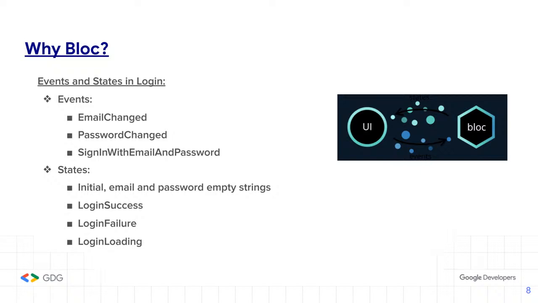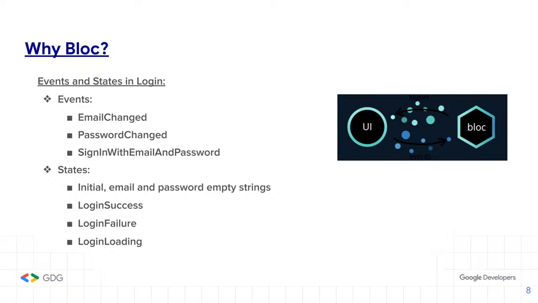And the states: when I say email changed event, the state that's going to be emitted is the updated email value. And for password, when the event is called, the state is just going to store the updated value of the password. And the next three states, which are login success, failure, and loading, are the states for